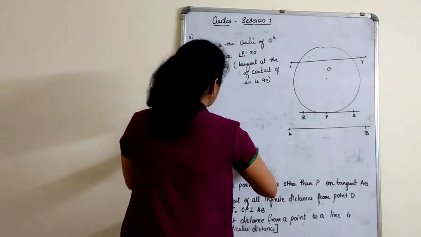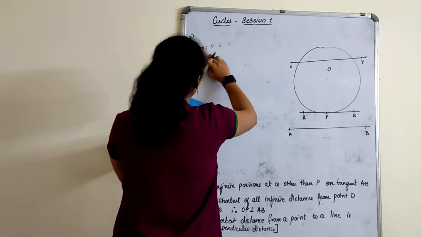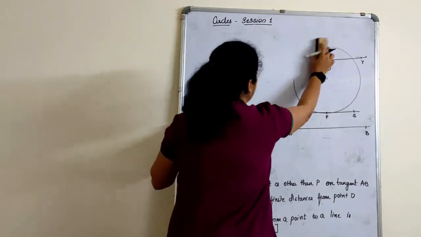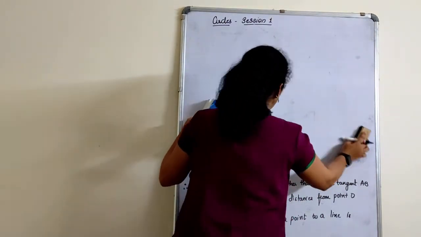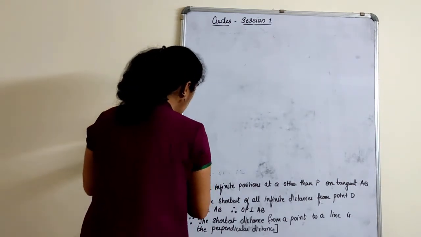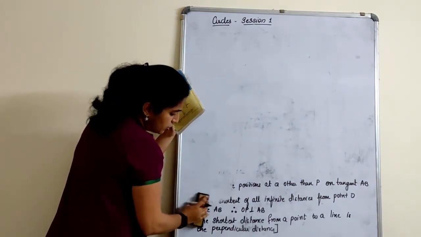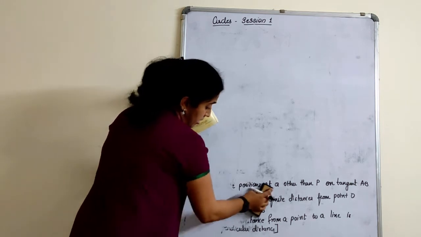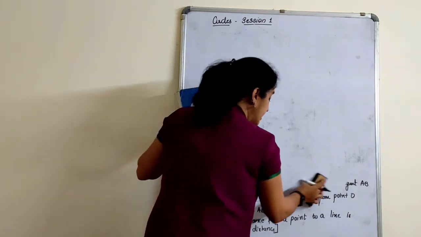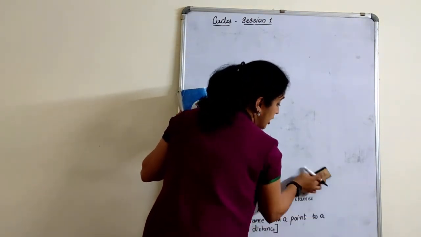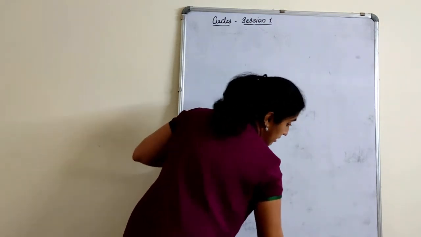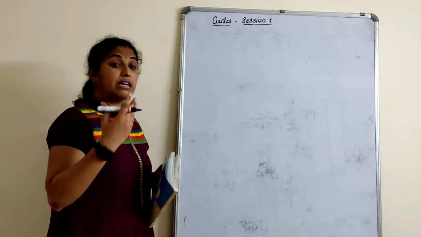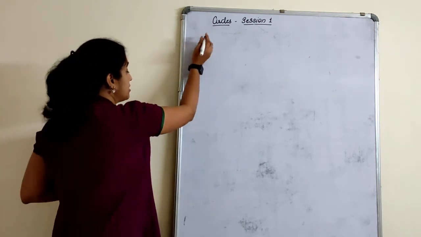Now when we talk about tangents to a circle, we know that an infinite number of tangents can be drawn to a circle, right? One circle. Now if I talk about two circles, how many tangents can I draw? Two circles which are intersecting, two circles which are not intersecting, and two circles which are touching each other internally and externally. About that also there is a difference.